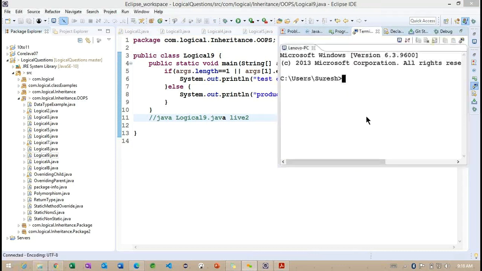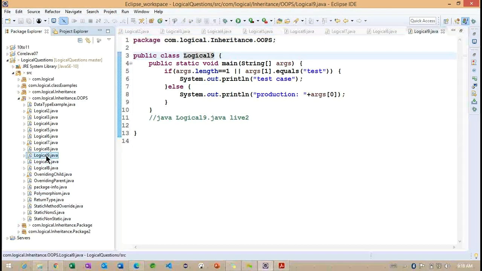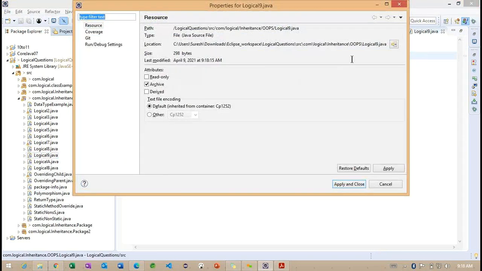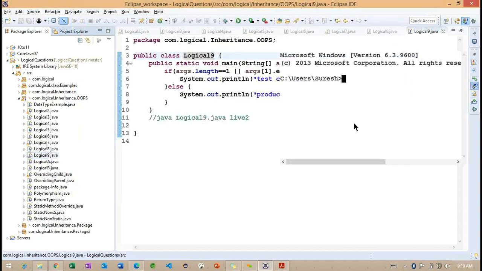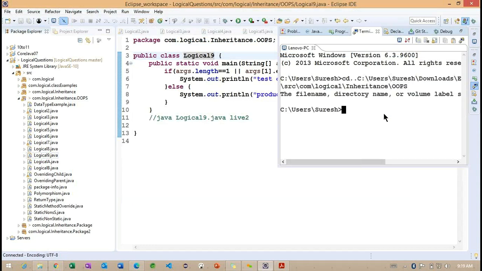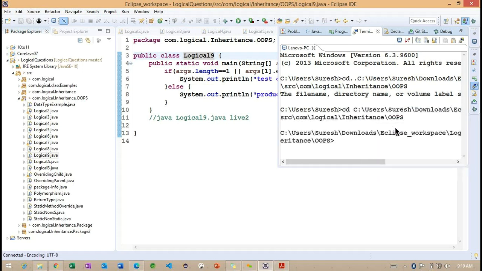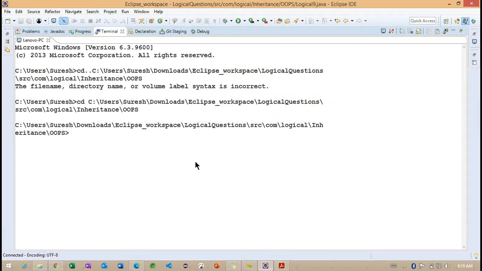Now we want to copy this particular logical 9. What happened? The file name, sorry, cd. So now you can see we are in the oops package here.